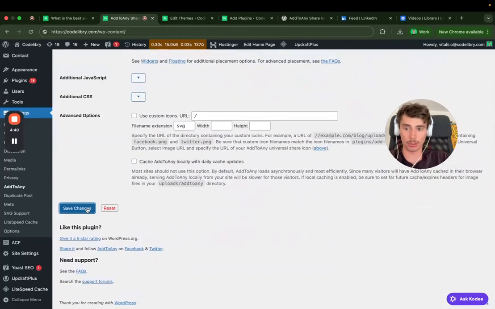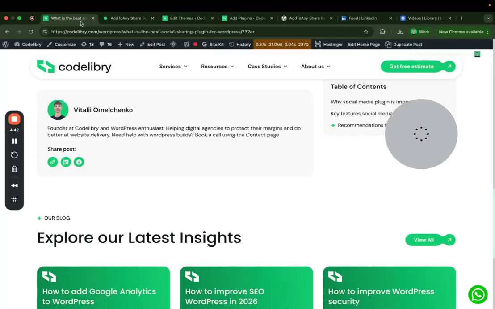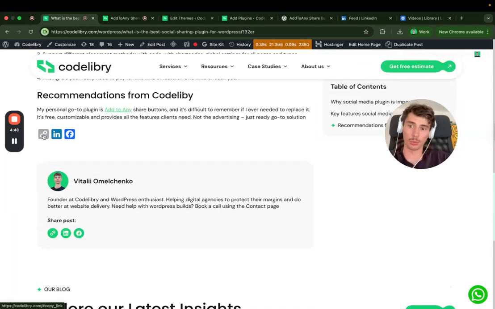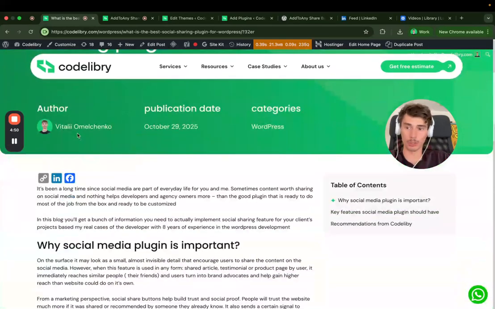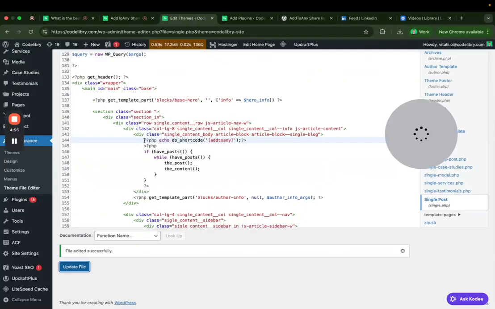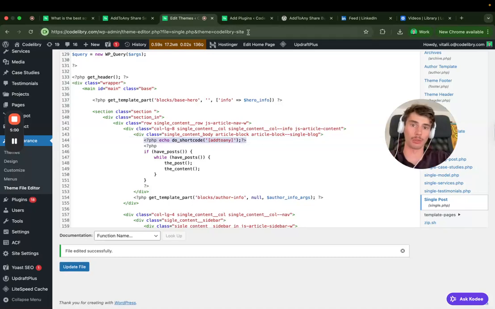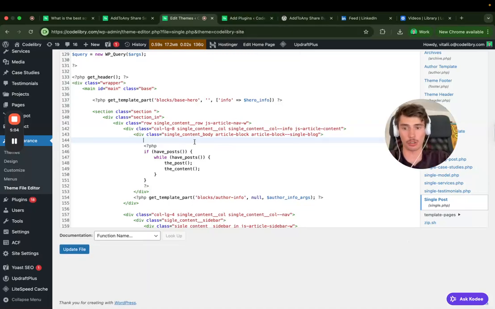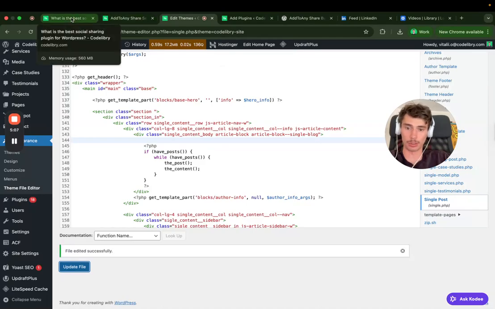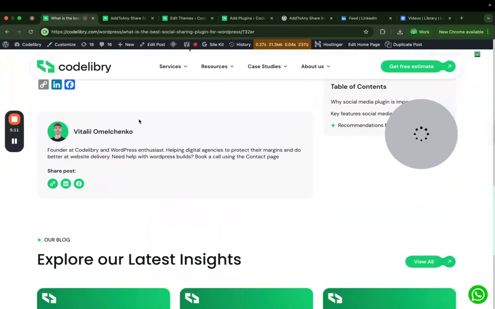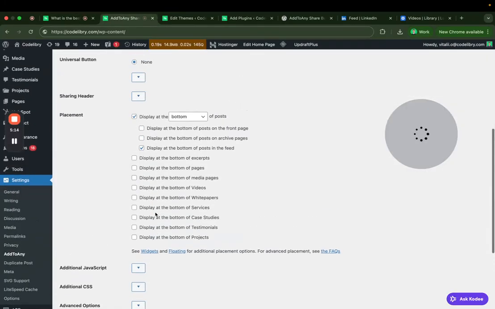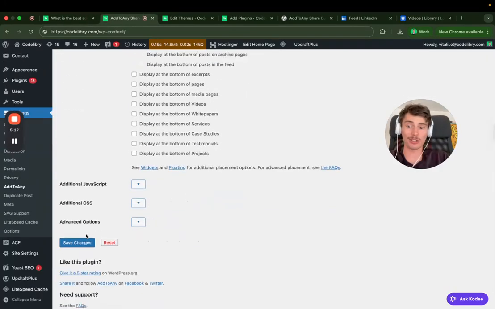Let's do it this way, adding them to the bottom of the posts. Let's see where it leads us. We see them right here. And if we scroll to the top, you can also see them at the start of a post. I've done this by adding a shortcode in the top part, a place where I really like to add a shortcode. Let's remove it. You can see that this is true. And that's basically how you can add a social media sharing plugin anywhere on your WordPress website,